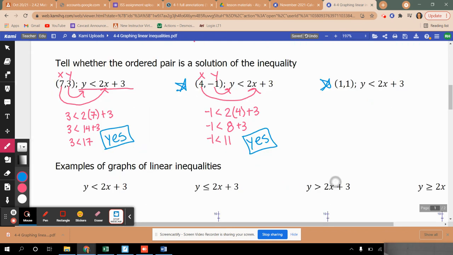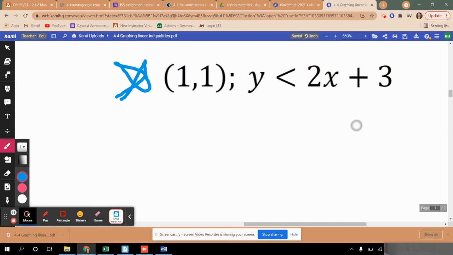So both of these ordered pairs, (7, 3) and (4, -1), are solutions to the equation presented. Now going to this last one that you should have already done. x, y,